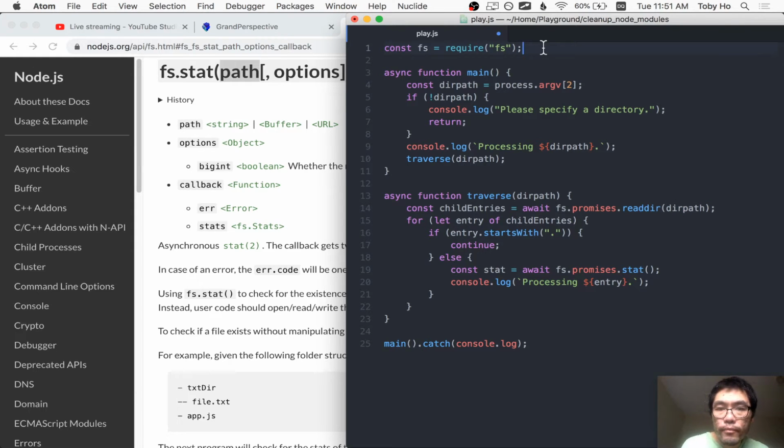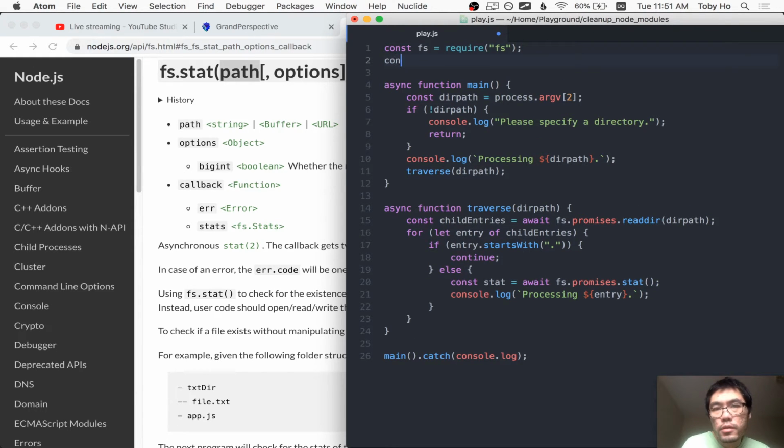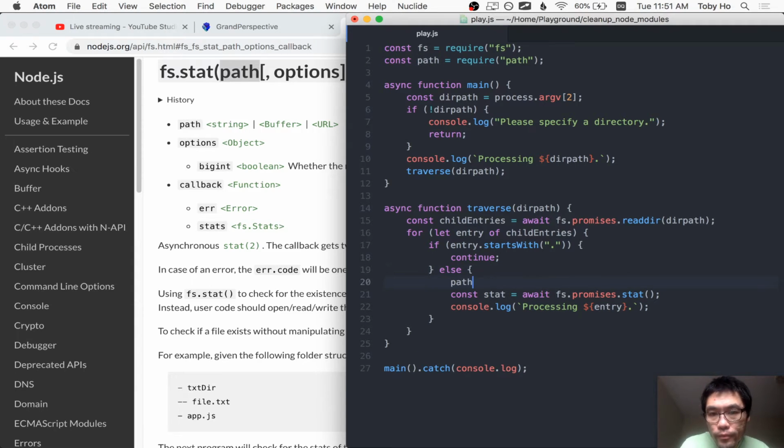So you could simply do string concatenation to do that, but that might not work across all platforms, like for both Windows and Unix. So the more correct way, or the way that the Node.js team recommends, is to use this path module and do path.join to join the two things. So here,